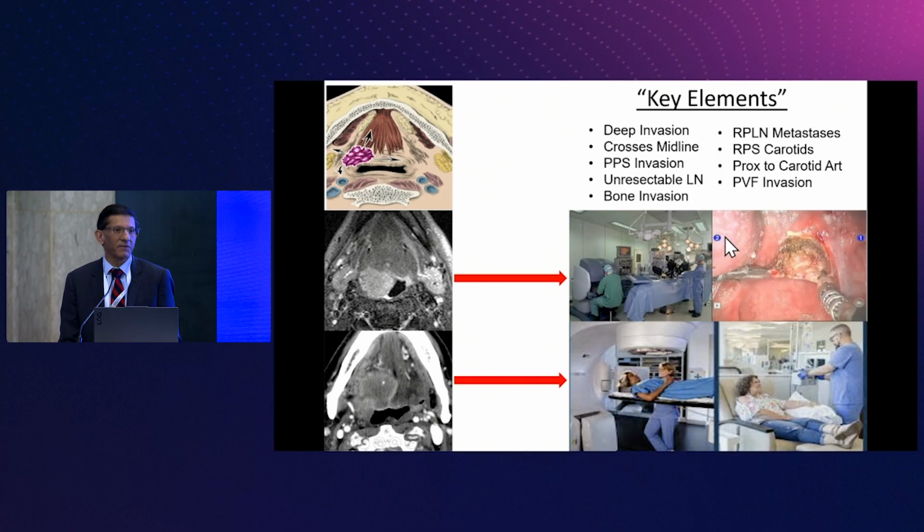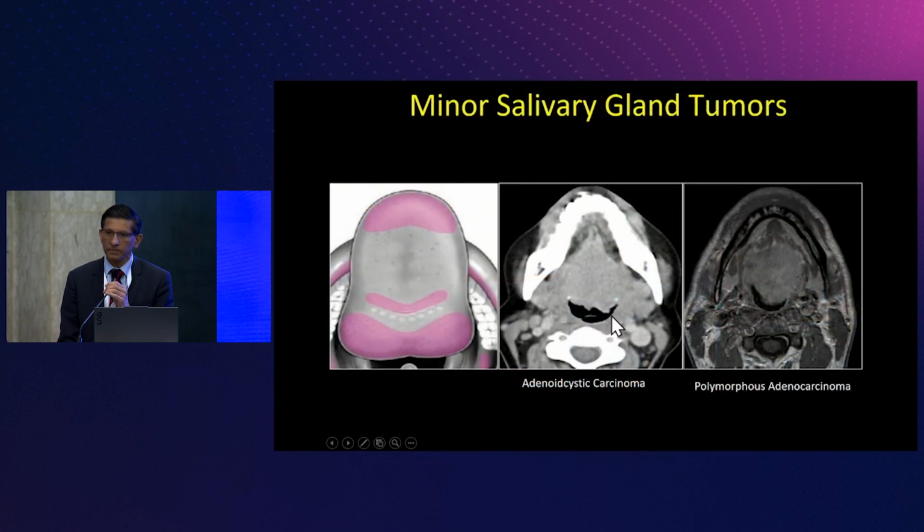But this is the checklist, if you will, that I like to include in my reports. Now, when we look at other tumors that could involve the tongue base, realize that there are other small types of tissue. We heard a beautiful lecture again by Dr. Weil, excellent job this morning, where you had salivary gland tumors. If you take those same pieces of salivary gland tissue and you put it in areas where they should not be, and those areas where they should not be are things like in the tongue base, which there is a relatively high proportion, then you can have the same type of tumors involving the parotid gland that all of a sudden end up occurring in the tongue base.